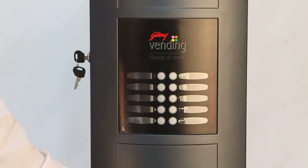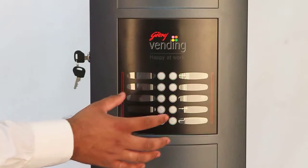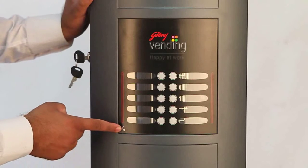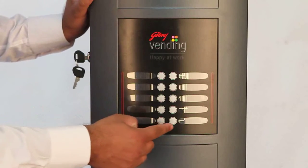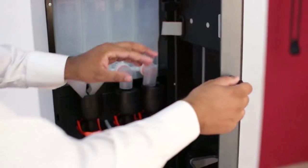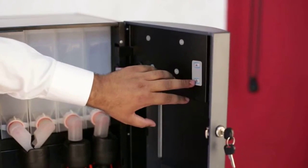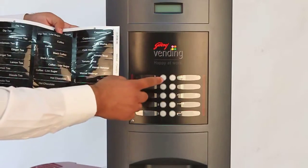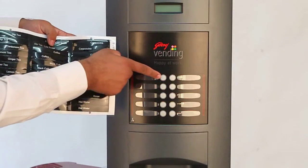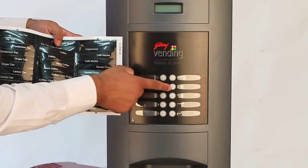This is the front door of the machine which has a front keypad having 10 keys. 8 keys can be used for programming flavors. This is the function key, rinse key and hot water key. At the inner side of the door, these are 2 keys, A and B key, used for programming of the machine. The programmable keys on the keypad used for flavor programming are key number 1, 2, 3, 4, 5, 6,